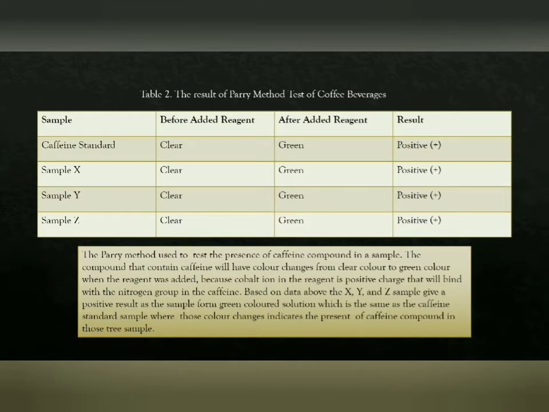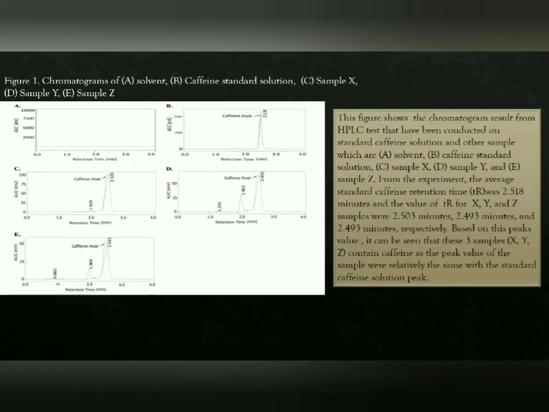Based on the data above, the X, Y, and Z samples give a positive result, as the sample turned into a green colored solution, which is the same as the caffeine standard sample, where this color change indicates the presence of caffeine compound in those. Next, this figure shows the chromatogram result from the HPLC test that has been conducted on the standard coffee solution and other samples, which are